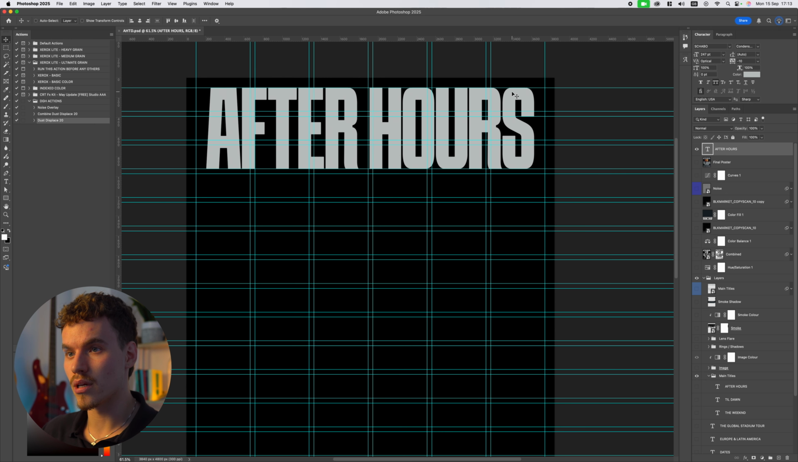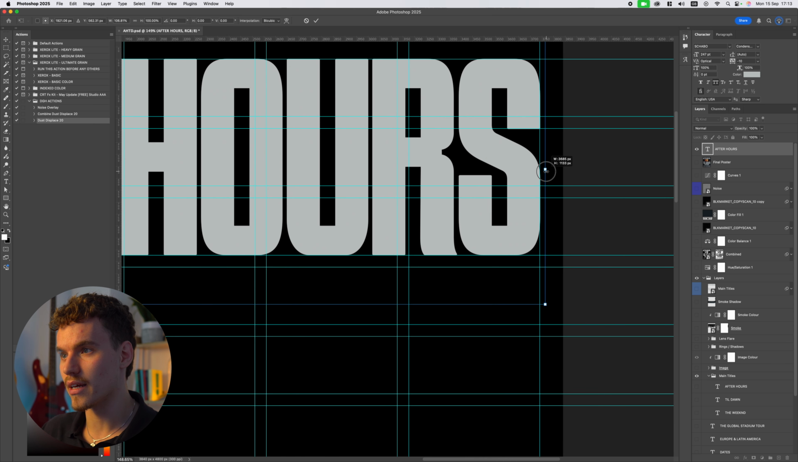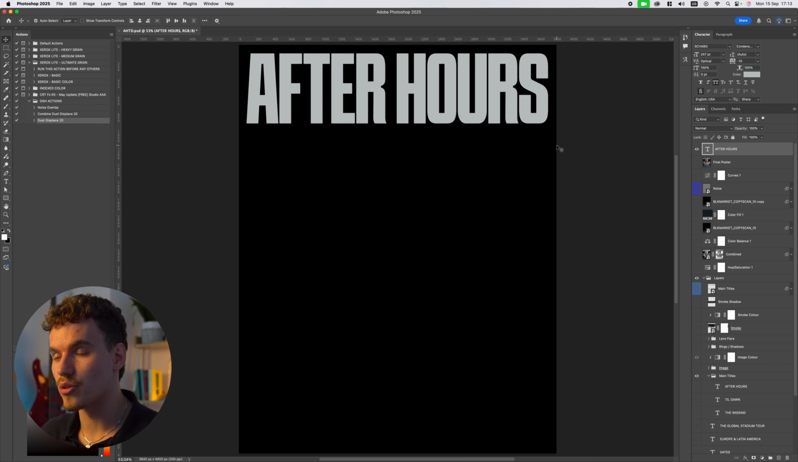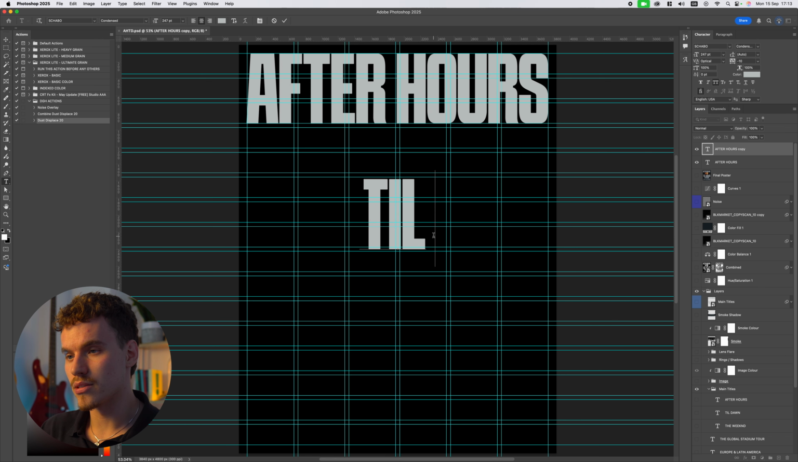From this point, I'm going to use my transform tools, hold Option and Shift, and extend this to fit against the margin lines. Because this is a strict grid system, we are able to do this without losing any readability, and it's completely fine to do in this case. And then adding in the words Till Dawn, I'm going to duplicate this layer, type in Till Dawn, and then